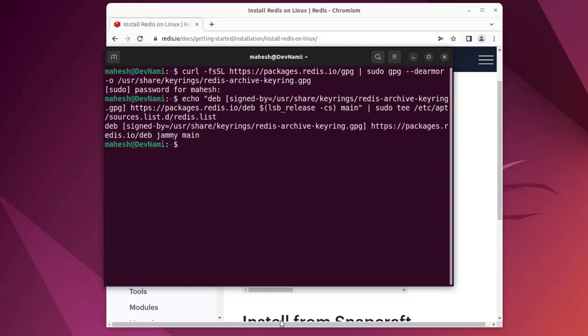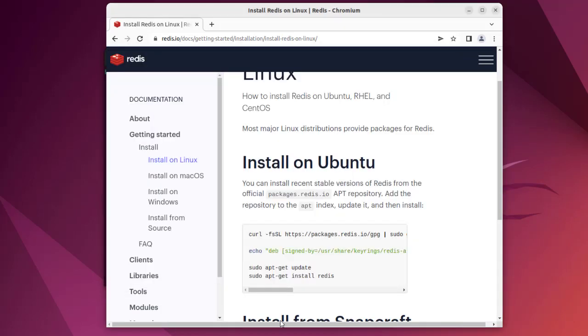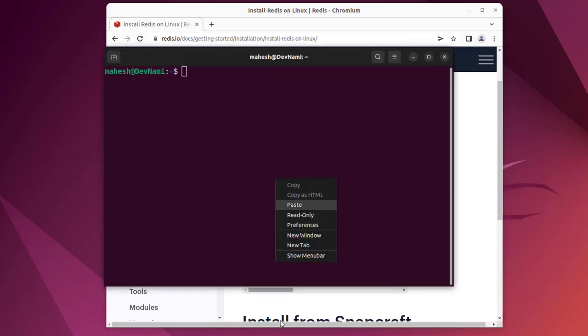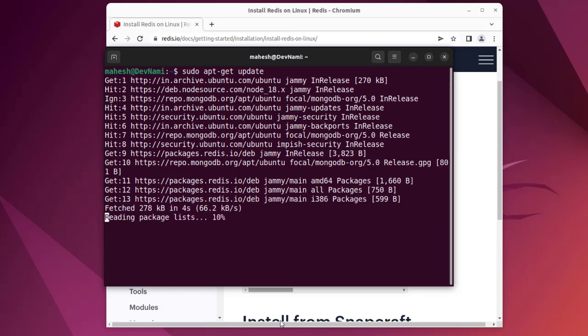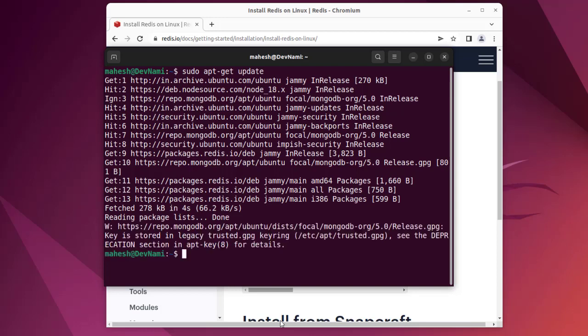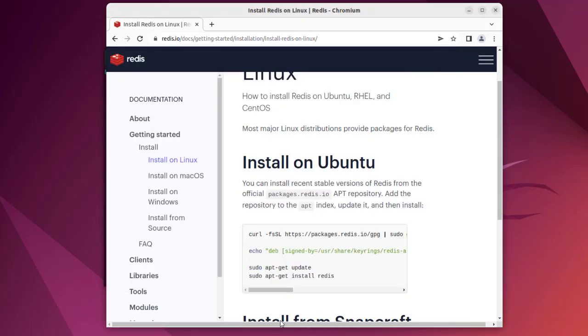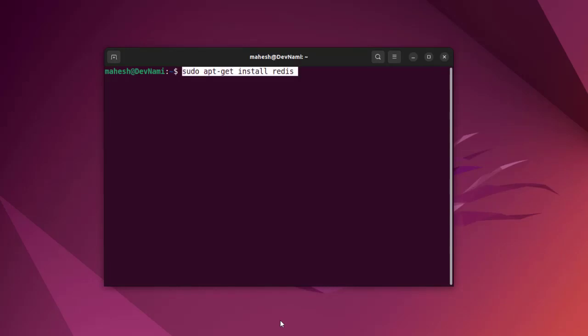Now everything looks fine. Now let's clear this and come to the sudo apt update command, which I can't type, but let's paste it as is, right? So it will go through the list and it will check all the options, and here you see everything is ready to go. We can type in sudo apt-get install redis, right? So let's paste it here